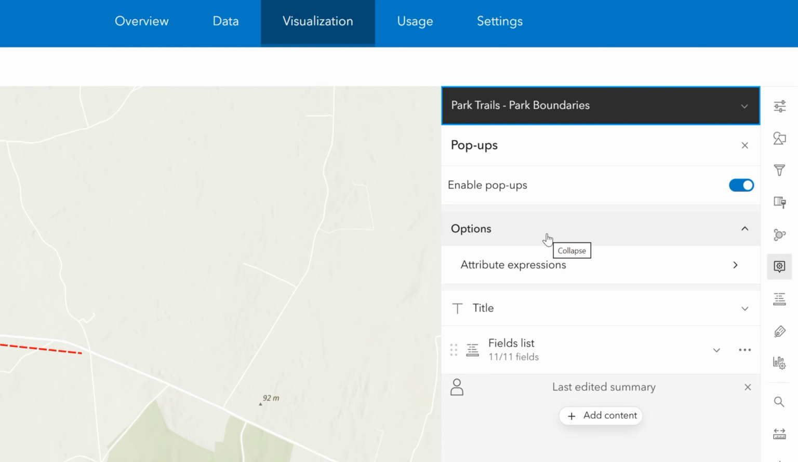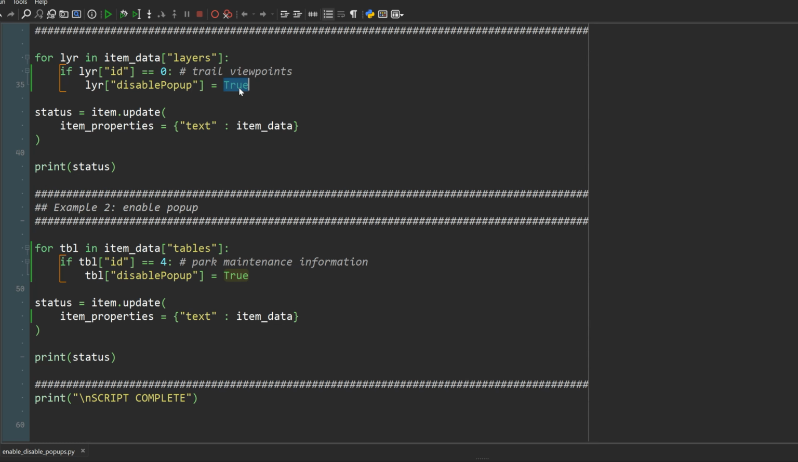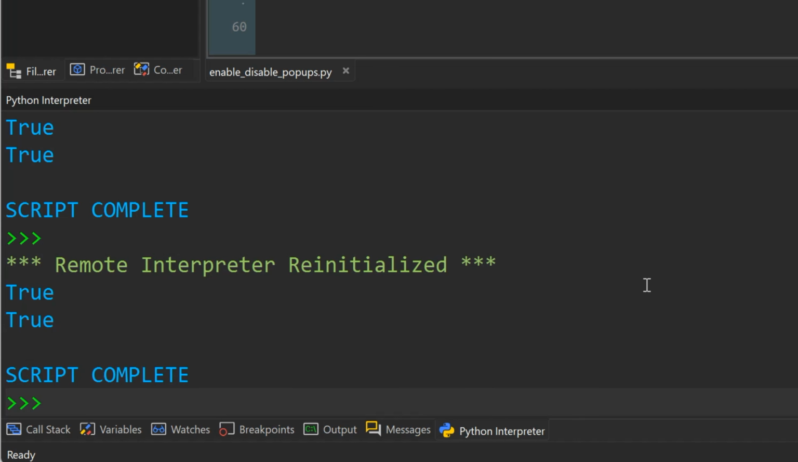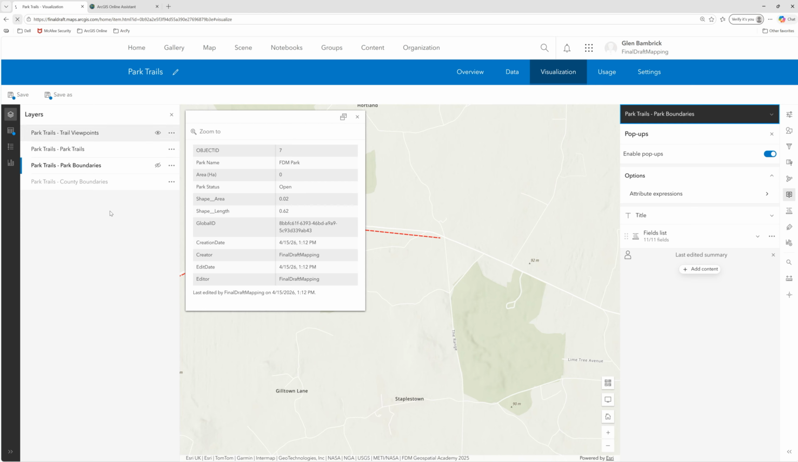We'll head back to the Python script because we want to re-enable the pop-ups. And enabling pop-ups is as simple as setting the disable pop-up property to false. I'll rerun the script. Our script is complete, so let's head back over to ArcGIS Online, refresh the page,